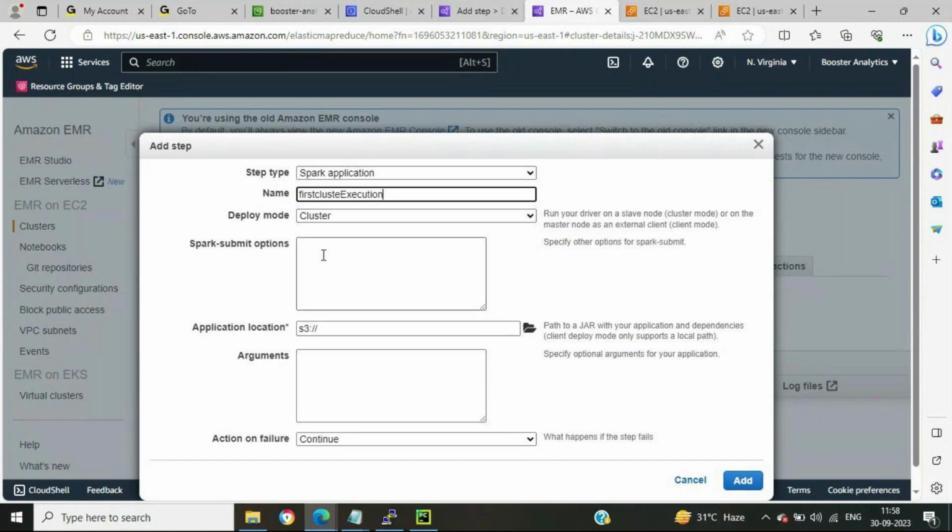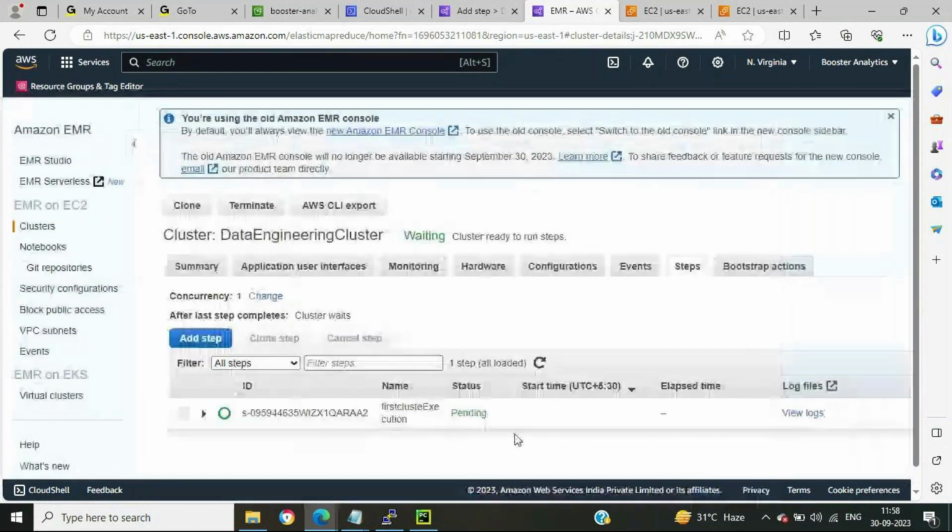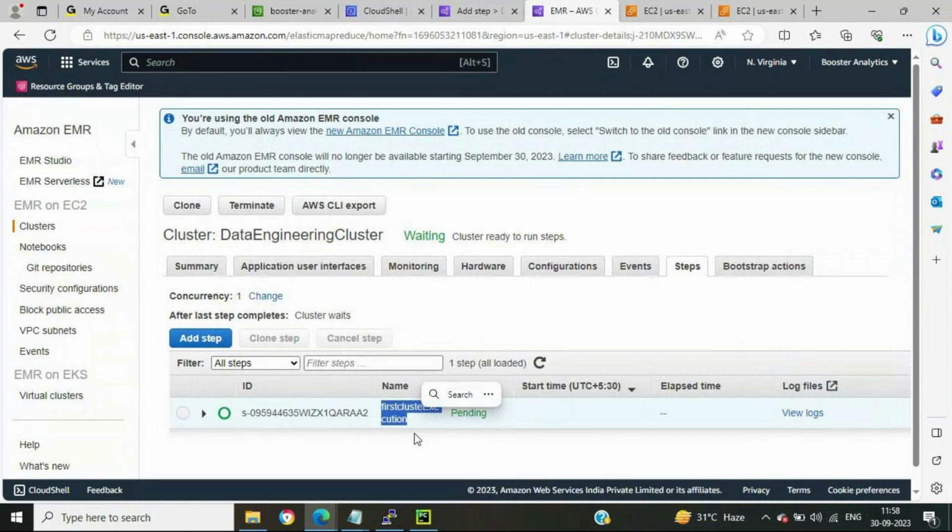You can provide certain options over here, and then paste that particular path for that Python file. Action on fail: if the job fails, then we are going to continue with the operation. Click Add, and then you will be able to see this is the first application that you have